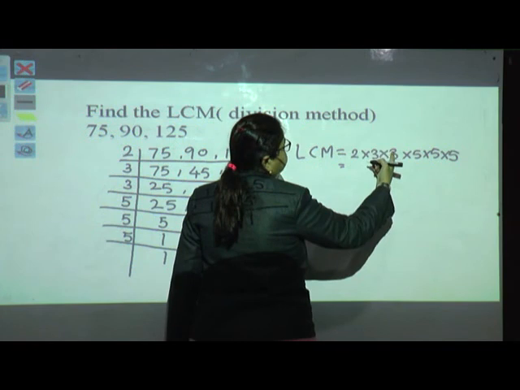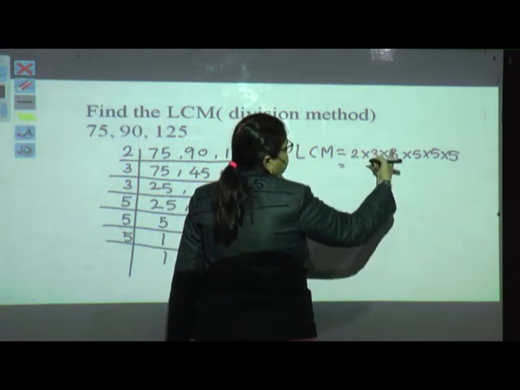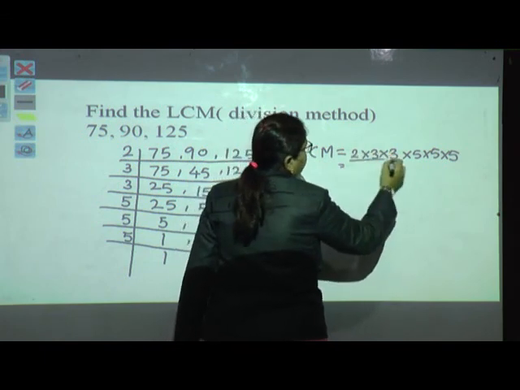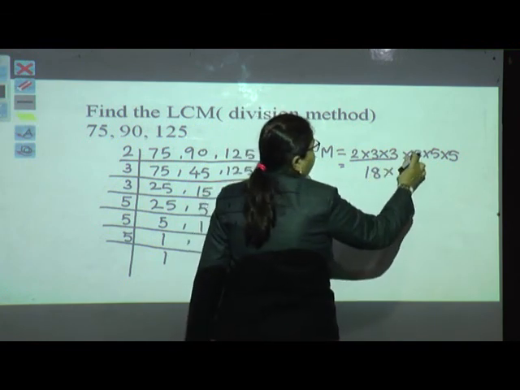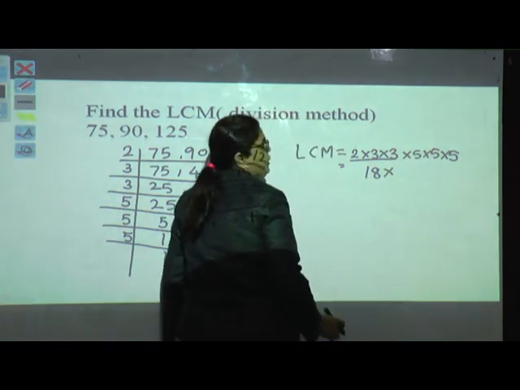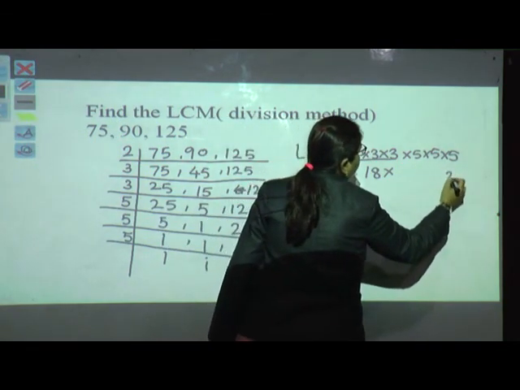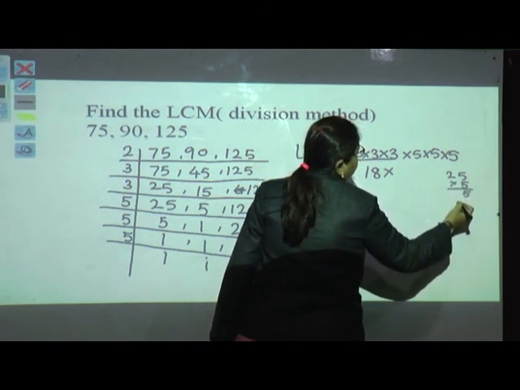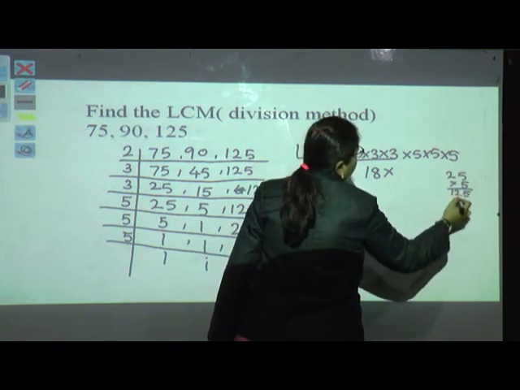You can do here 3 2s are 6, 6 3s are 18, or you can go for 3 3s are 9, 9 2s are 18. So we are doing a grouping of this, multiplied by 5 5s are 25, 25 5s are 125. If you don't know, you can do it practically. 5 5s are 25 multiplied by 5. So 5 5s are 25, 2 carry, 5 2s are 10, plus 2 carry is 12.